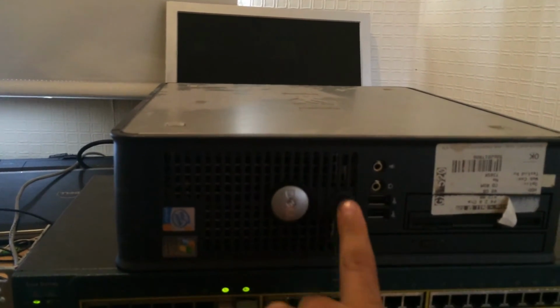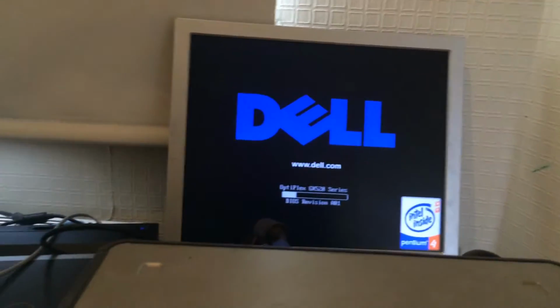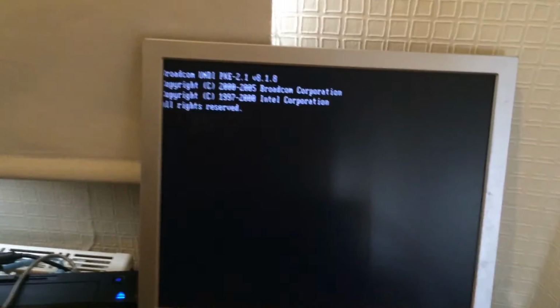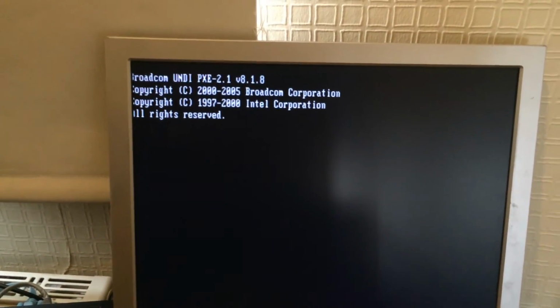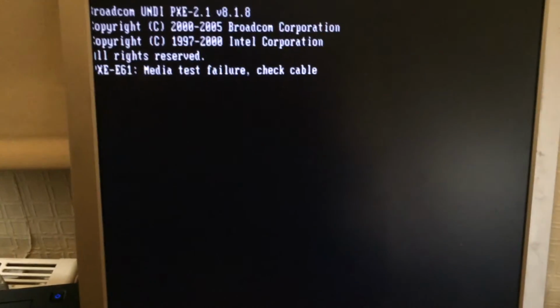So I'm going to press the power button. The power button is pressed. I'm going to connect the keyboard. You can see on the screen. And I'm going to boot this one. As you can see, there is a boot menu. You can choose the boot it from the network. But this system in particular is already configured to boot from the network. So it's going to go right into,